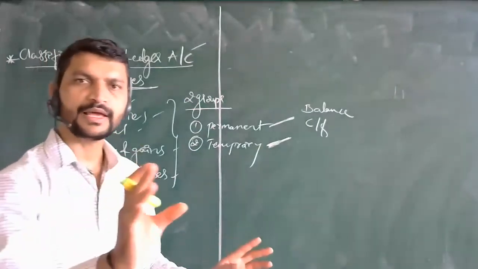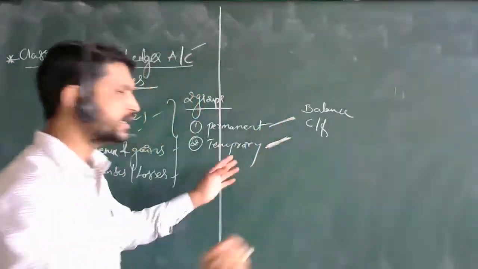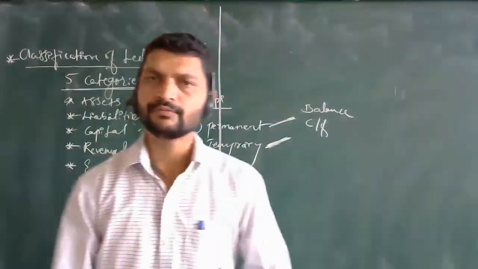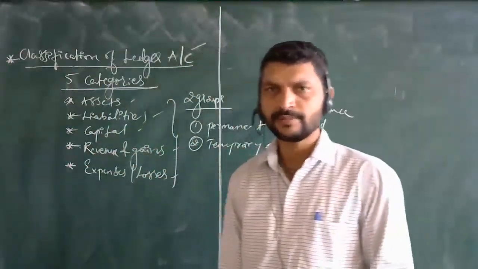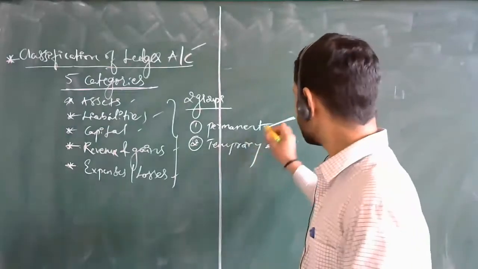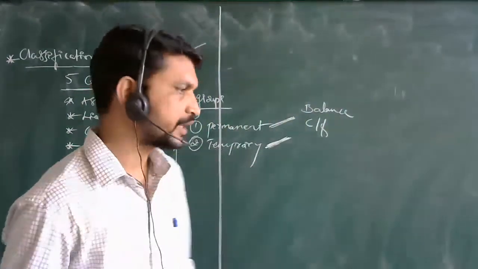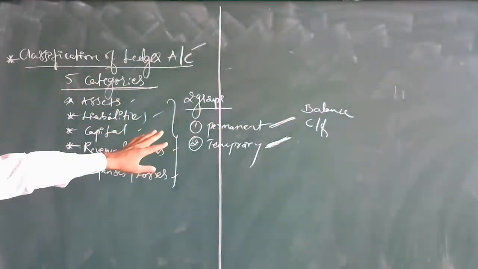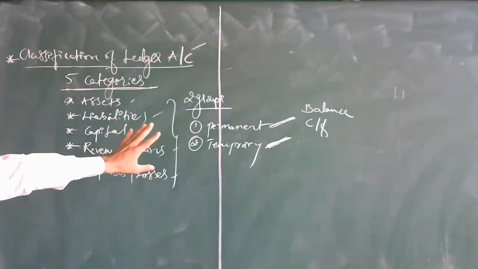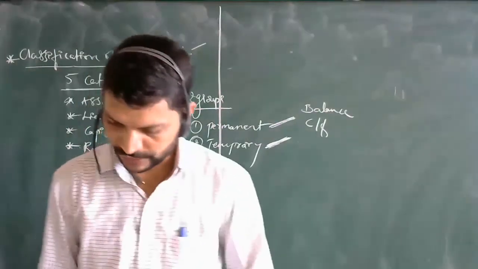These are examples of what you can specify as a permanent account and a temporary account. Temporary will most probably be for a short period of time. In a short period, it will get over, it will end, and the permanent will be carried forward. The balancing things, whatever is there, will be carried forward. So these things have to be known here. Then let's see further what other things are there.